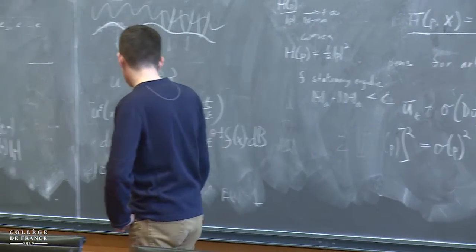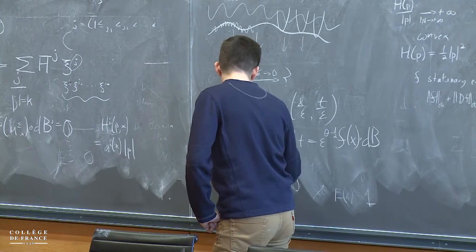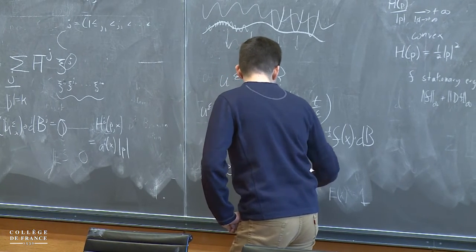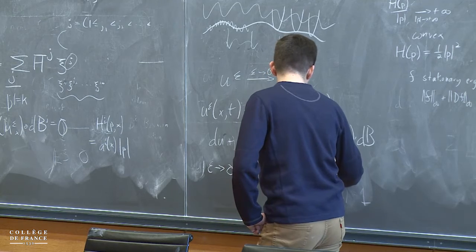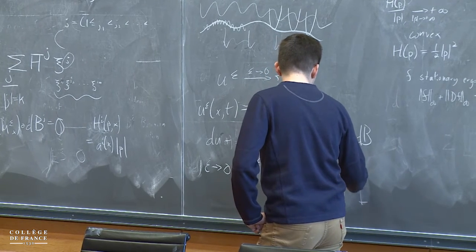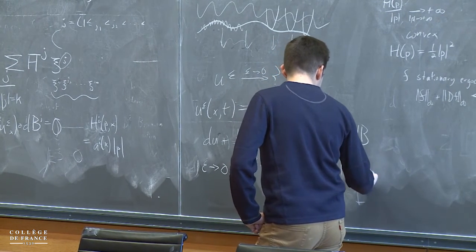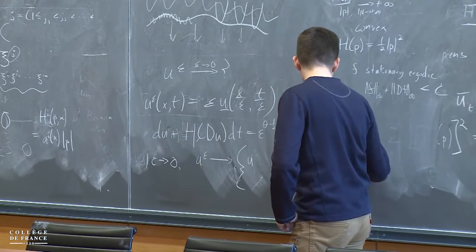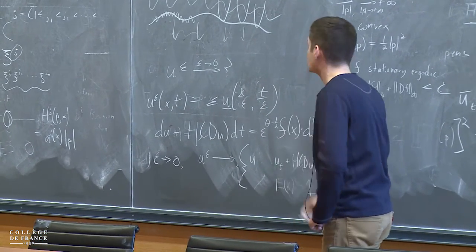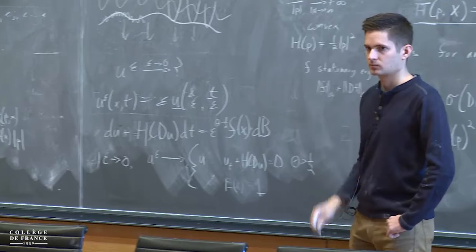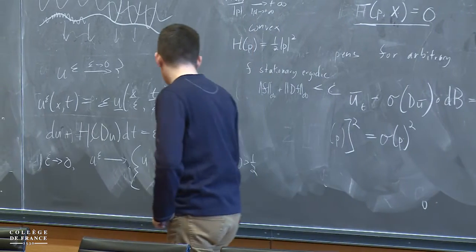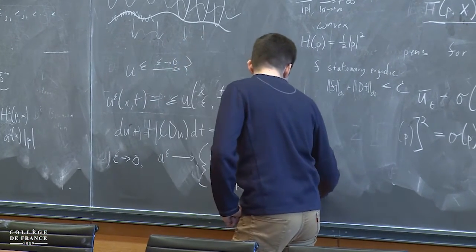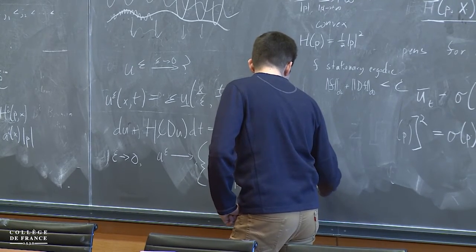So now the conclusion is that as epsilon goes to 0, U epsilon will converge to U, where U is in fact the solution of this equation with no noise, if theta is big enough that the oscillations of F play no role. And it will converge to negative infinity otherwise. Not otherwise, I'm sorry, if theta is less than 1/2.